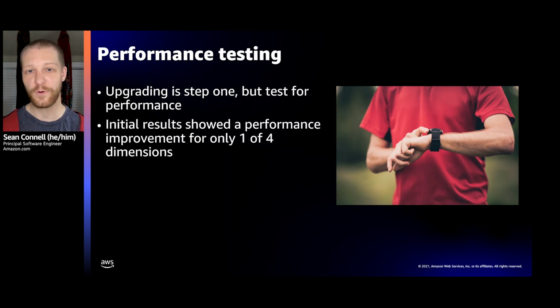We wanted to be cheaper, and we wanted to be faster. But we were only winning on faster and only for one of the host types. So we weren't going to get this out of the box. So we had to start doing performance tests to figure out why and where this time was going.